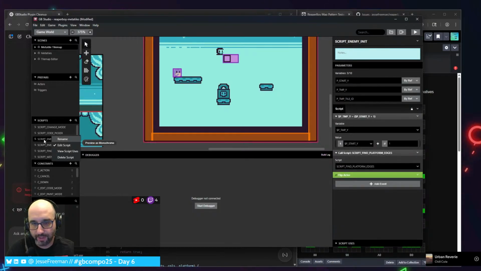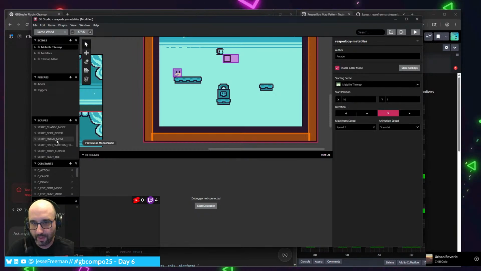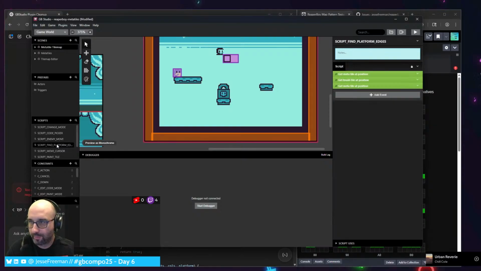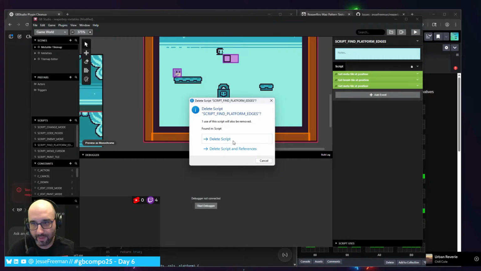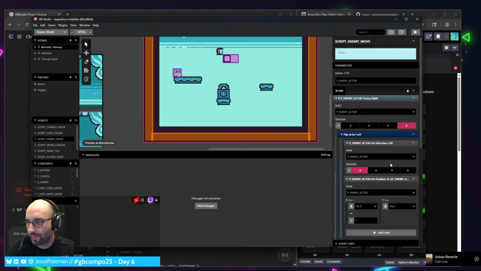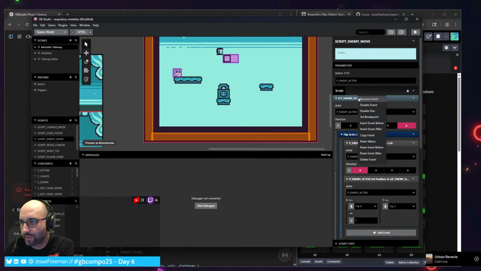I want to actually delete this event so I don't get confused. Enemy move. Script find platform edges. We're going to delete this. We don't need this either. And then we're going to focus on the enemy moving. So on every update, the enemy is going to call this. And what we're going to do is, I want to actually see what happens if we